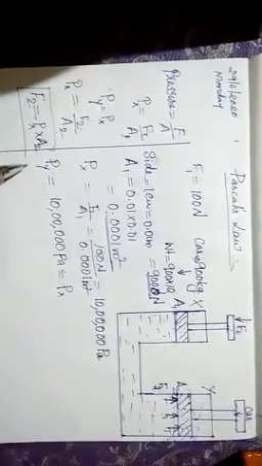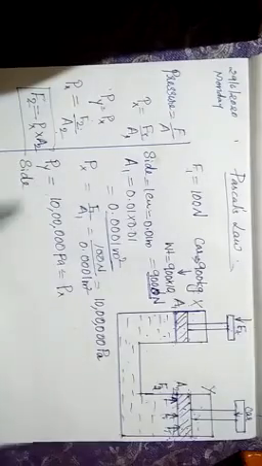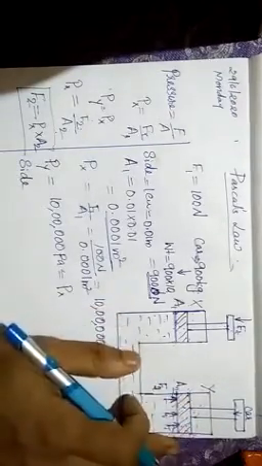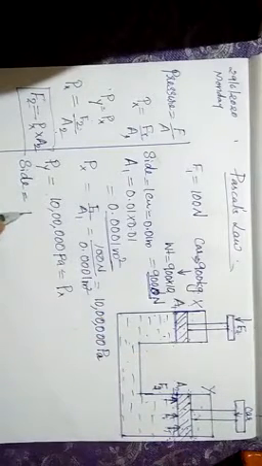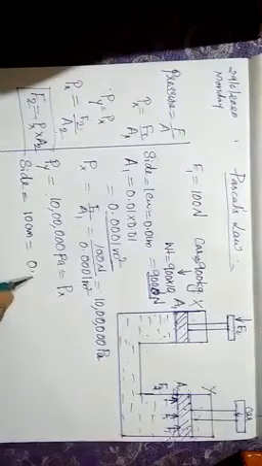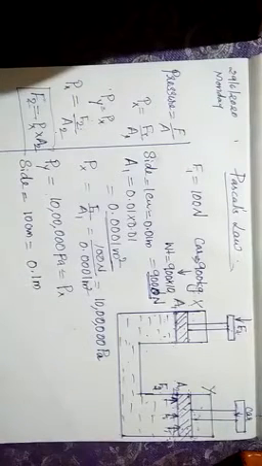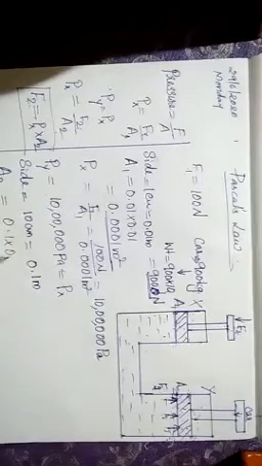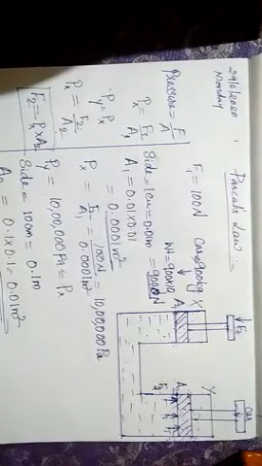So for that, let me take the side. Consider this surface also to be square in shape. So the side of that square, let us take it as 10 centimeter. So that we convert into meter, we will get 0.1 meter. This is 0.1 meter for one side, and the area A2 will be 0.1 into 0.1, that is 0.01 meter square. We got the area A2 now.